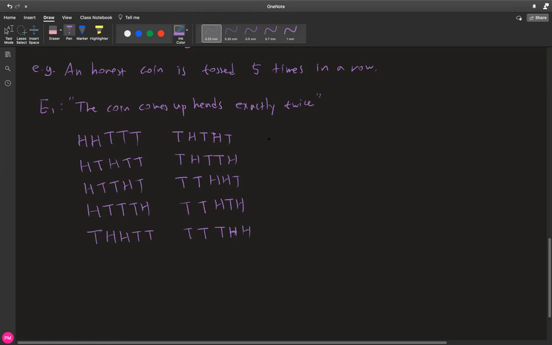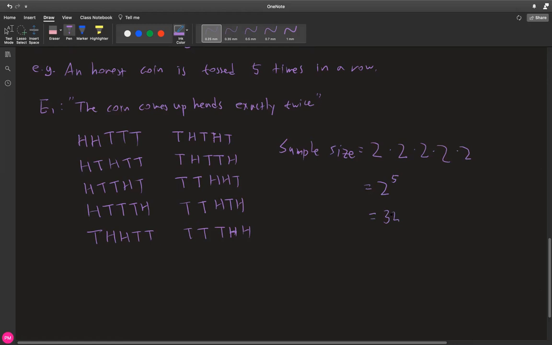So how do you find the probability? The probability assignment is simply found by the number of outcomes divided by the number of total possible outcomes. So when you're tossing a coin 5 times, we can simply say the sample size is given as the first coin can come in 2 different ways, second coin 2 different ways, 2, 2, and 2. Each coin has 2 different possibilities, and you're simply doing it 5 times. And that is